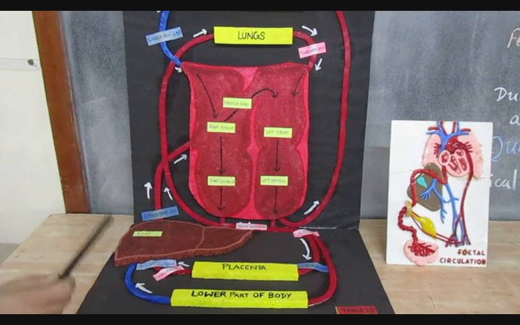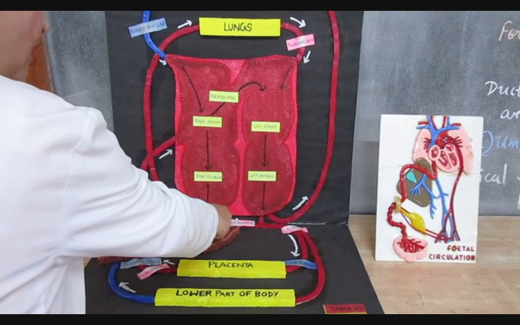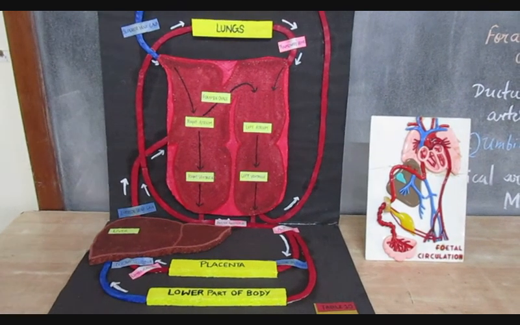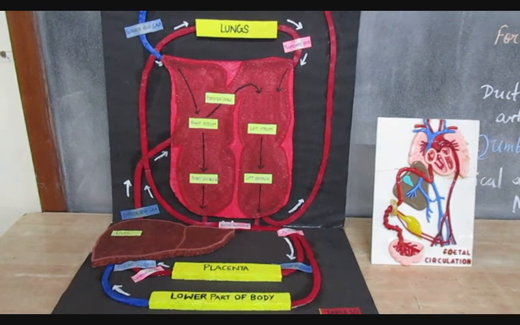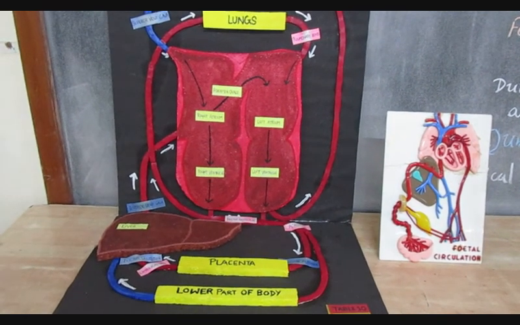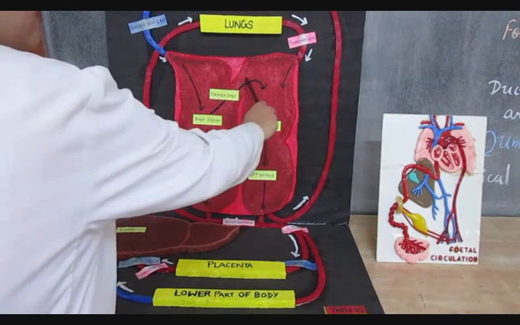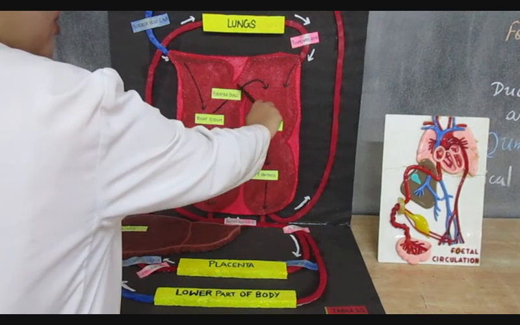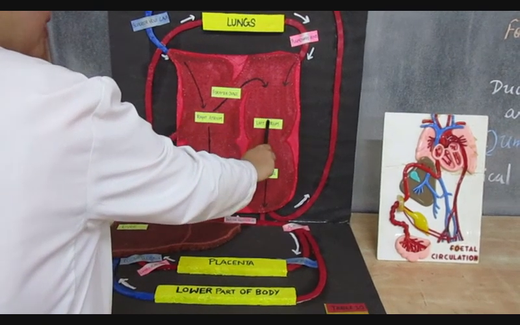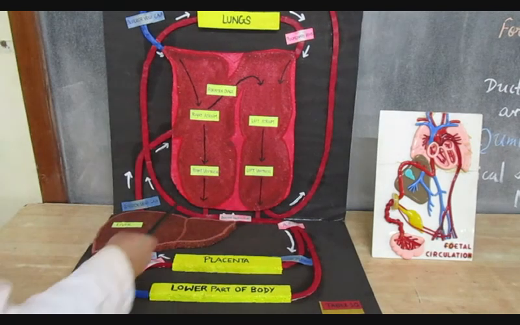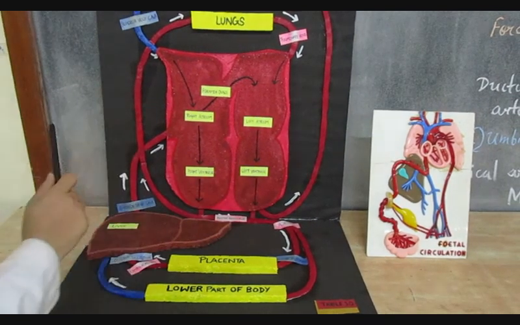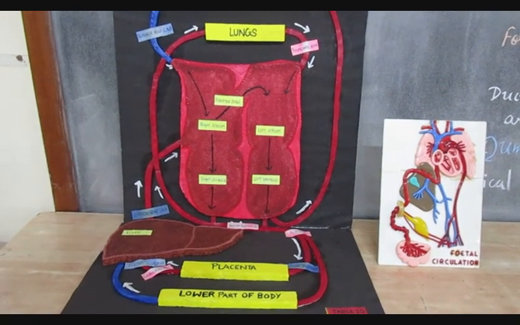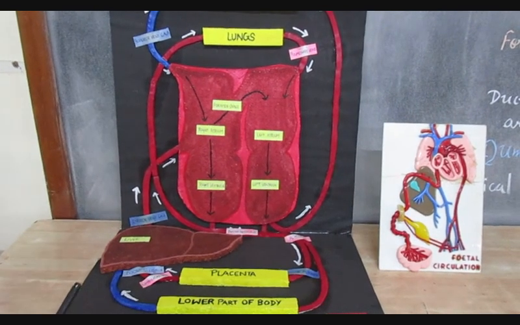Now the fetus is going to get mixed blood supply. The proximal part of the arch of aorta has three branches, that is the brachiocephalic trunk, the left common carotid and left subclavian arteries, and these are only going to get the pure blood which has come via the left atrium and left ventricle, which have come directly from the right atrium, shunted via the foramen ovale to the left atrium, and via the bicuspid valve to the left ventricle. The proximal part of the arch of aorta has these three branches: the left common carotid, left subclavian and the brachiocephalic trunk.